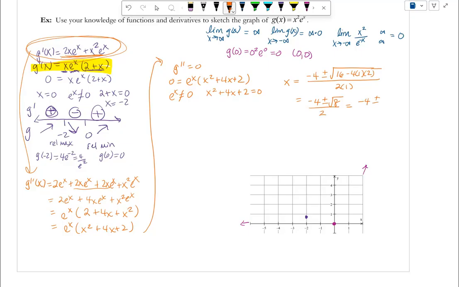And I could change that root 8 to be a 2 root 2 because that will help me simplify this a little bit. We end up getting -2 plus or minus the square root of 2. So our x values are -2 minus root 2 and -2 plus root 2. All right, so if we put those on a number line,